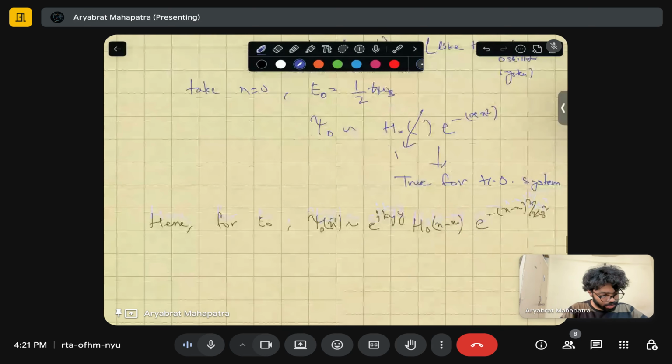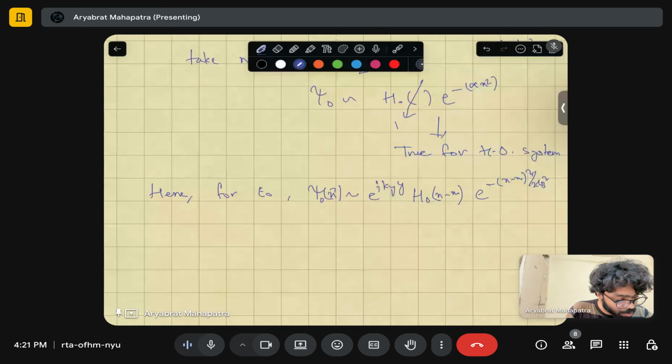So you can see, unlike the harmonic oscillator system, here it also depends on ky,